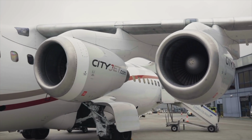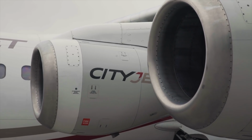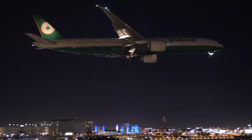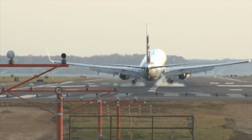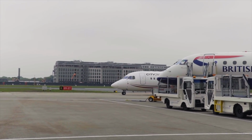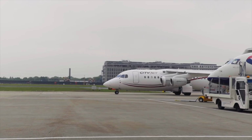Rarer still is a 4-engine regional jet. Even modern transcontinental aircraft have moved from 4 to 2 engines. More efficient, less fuel, less weight, and fewer points of failure if you think about it. But to have all 3 of those design elements on a single airplane, let alone a regional jet, well, just